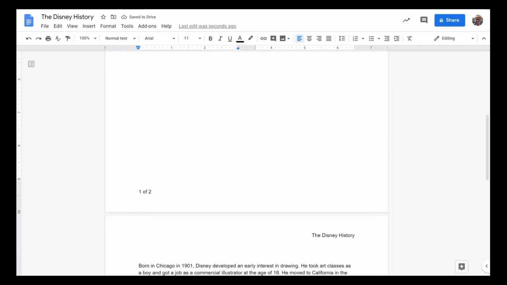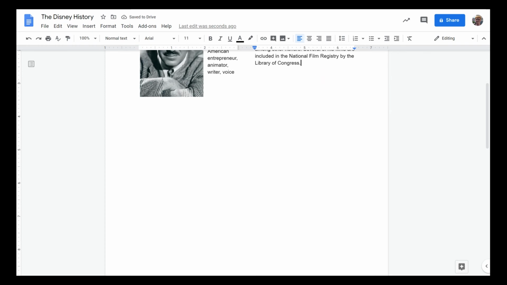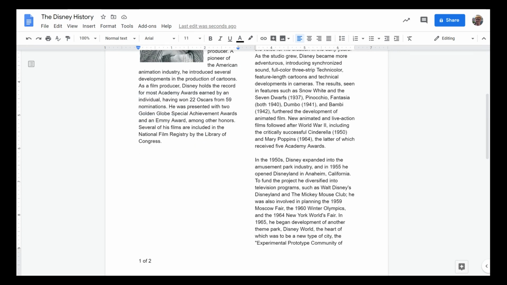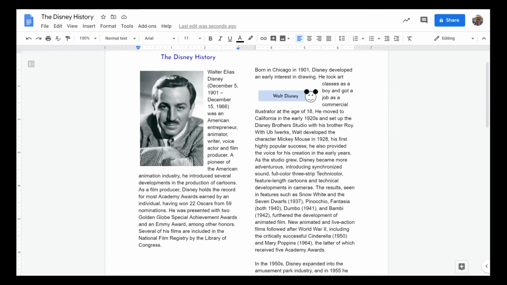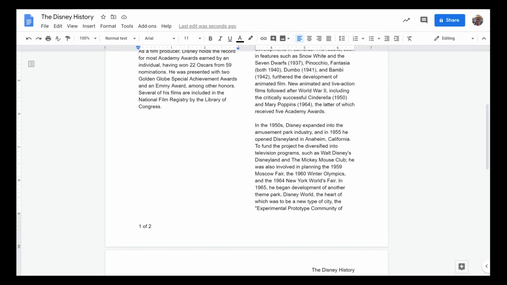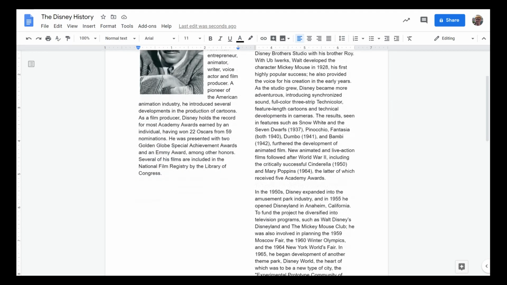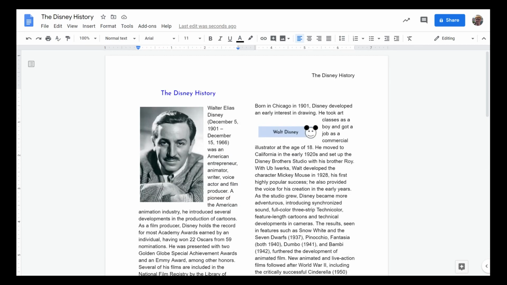And then we would need to delete the page break. And now we see that the column break gave the gap here for the next part of the text to appear on the next column. So these are ways of formatting the text to get a desired visual